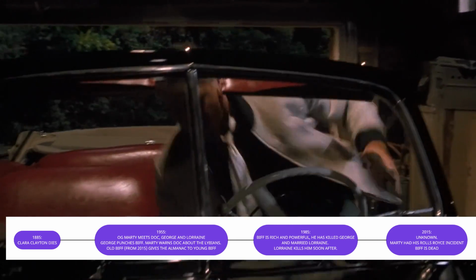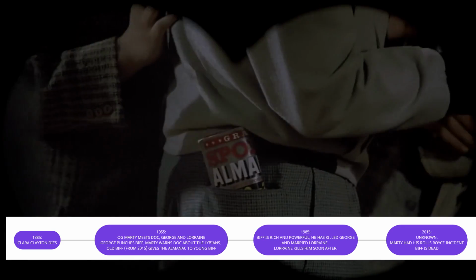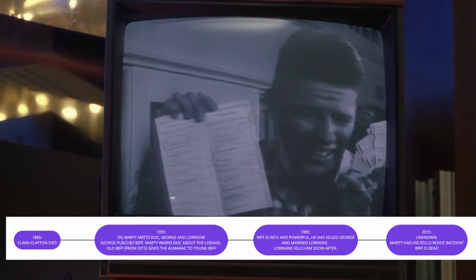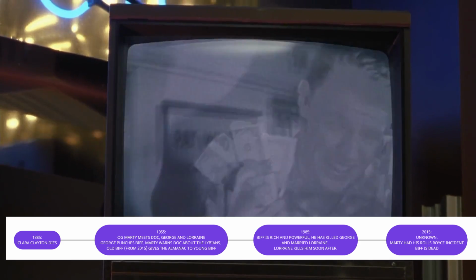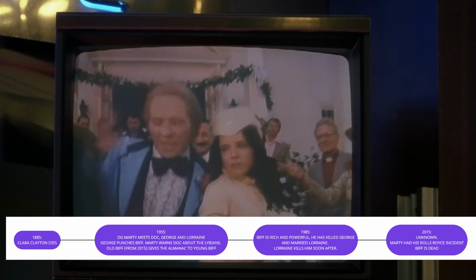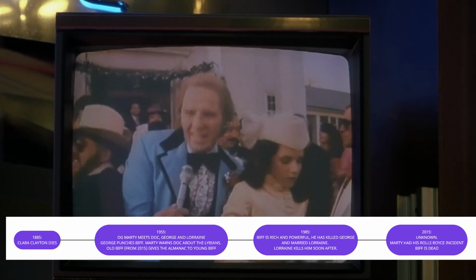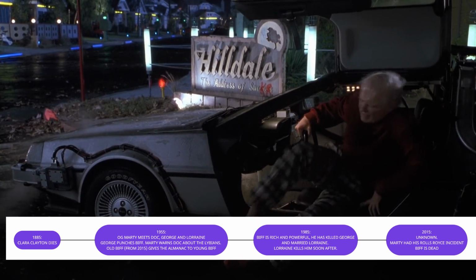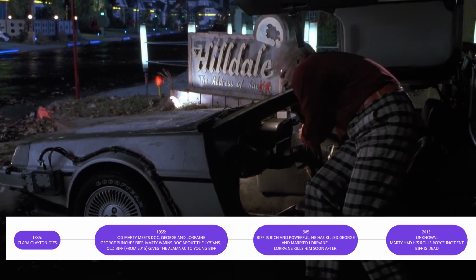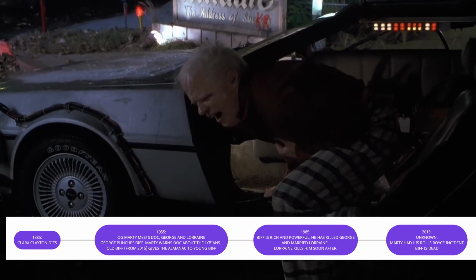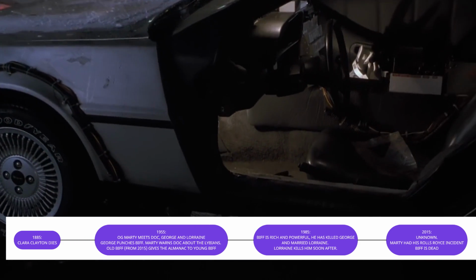But in this new timeline, Biff always has the Almanac with him. Between 1955 and 1985, Biff uses the Almanac to become rich and powerful. He kills George and marries Lorraine, and will be shot by Lorraine sometime after 1985. Old Biff returns to 2015 quickly after giving his younger self the Almanac, so that the future hasn't changed yet. That's why old Biff can return to the Safe Children Timeline's 2015.